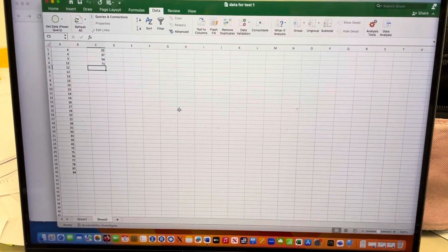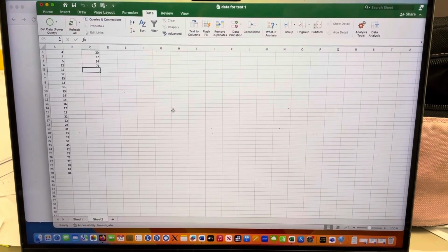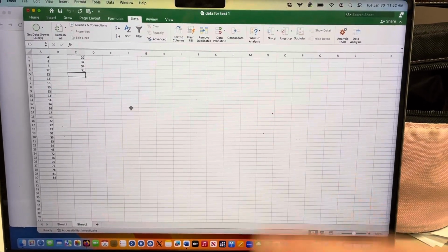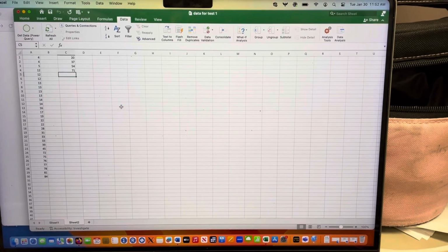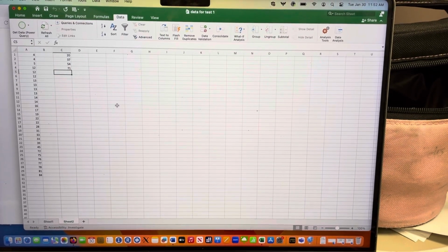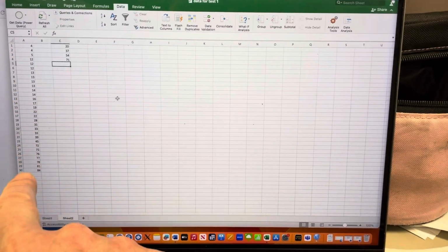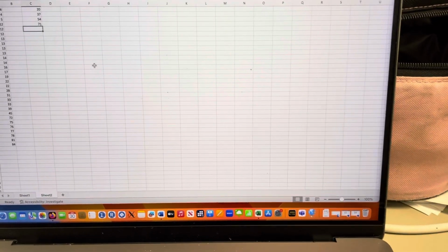Hi everybody. So I'm going to make a relative frequency histogram in Excel, and there's a way to cheat it. You've got to treat it as percents and not really call it relative frequency. But you can do that. So I've already sorted the data lowest to highest, and I've taken